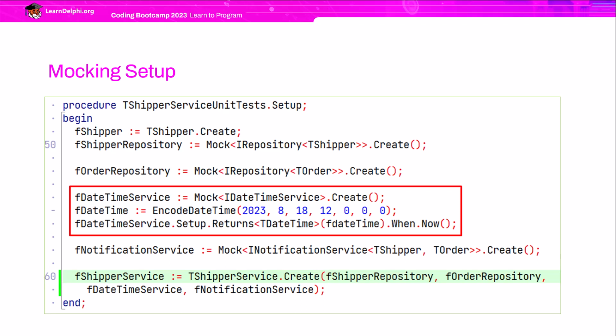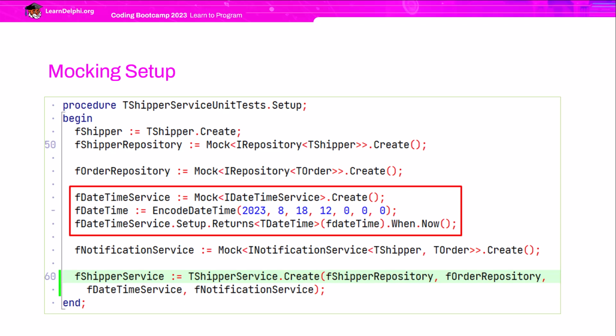We create mocks for the dependencies of the tShipper service class, which will be our service under test, SUT. It's created in the last lines of the setup, receiving its dependencies as constructor arguments. In these three highlighted lines, we create a mock instance of iDateTime service and set it up to return the fDateTime when the today method is called.